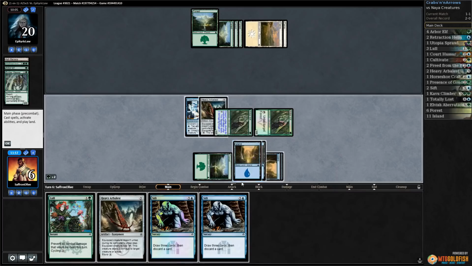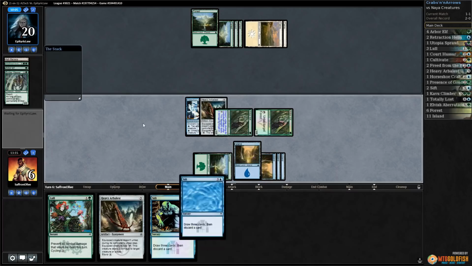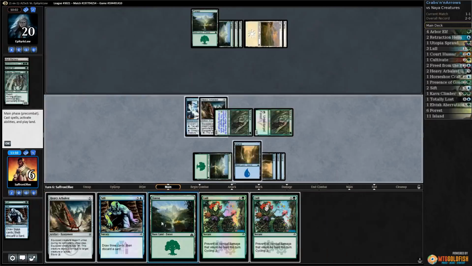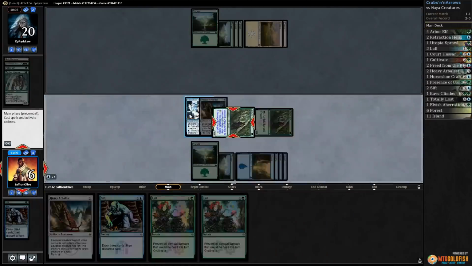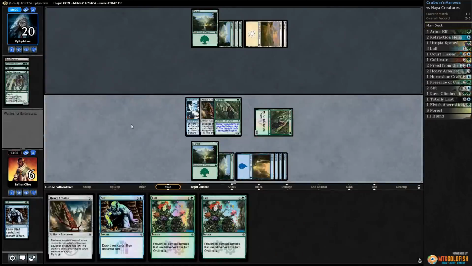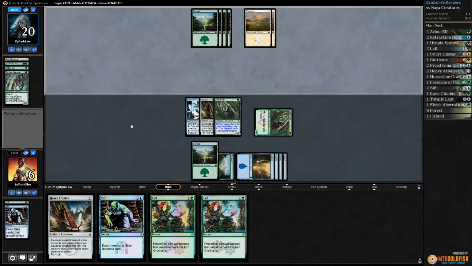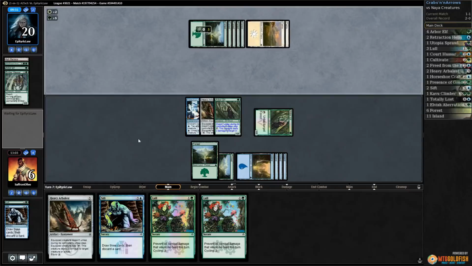Tap. Untap. Tap. Shift. Discard a Lull. Play the Forest. Untap. Pass the turn. I was hoping we'd hit another Island there. Alright, opponent. I mean, I guess if they can go creature, fight spell this turn, then they can get us